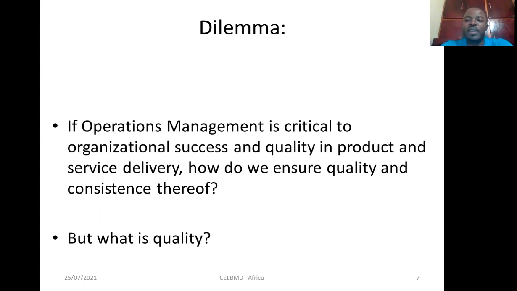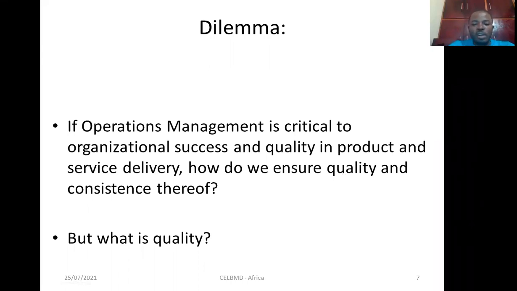Because the success of every organization, we've already agreed, is measured by the level of profit they make or the value they create for money with the services or products that they deliver. Now, if operations management leads to the production of those services and products,